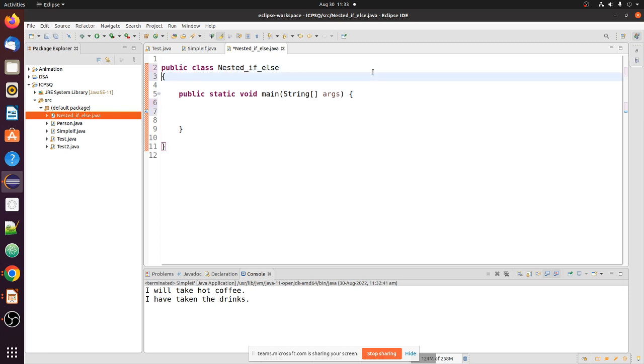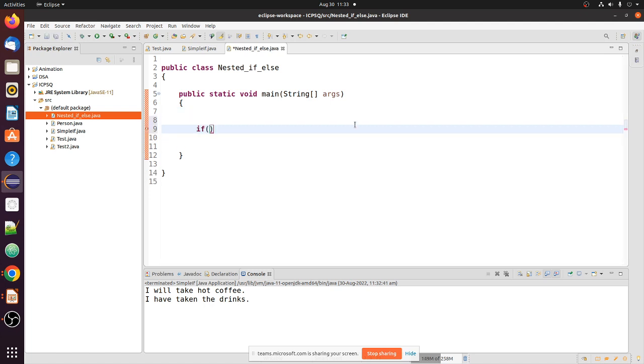What do you mean by nested if else? I have written a condition if true, if this condition is prime,